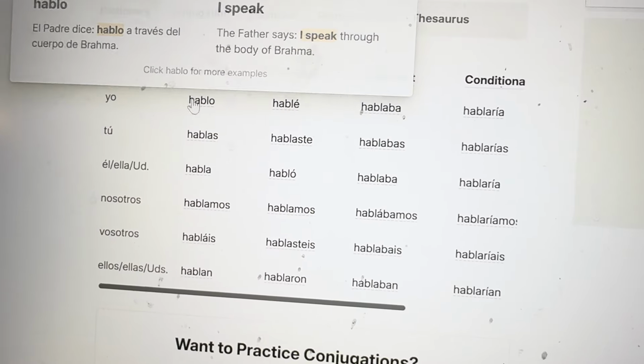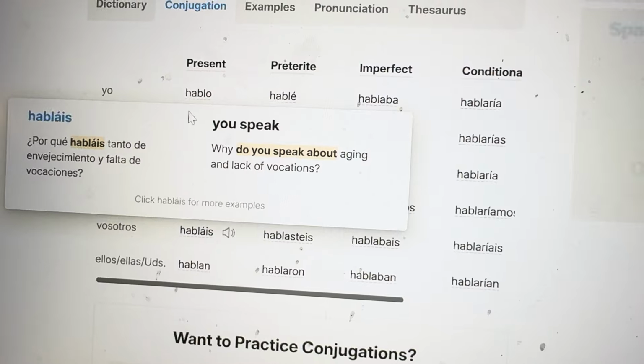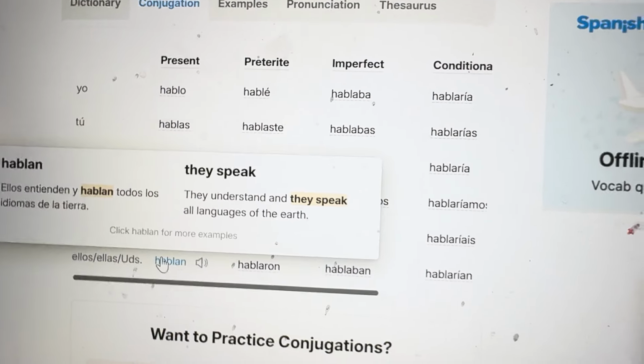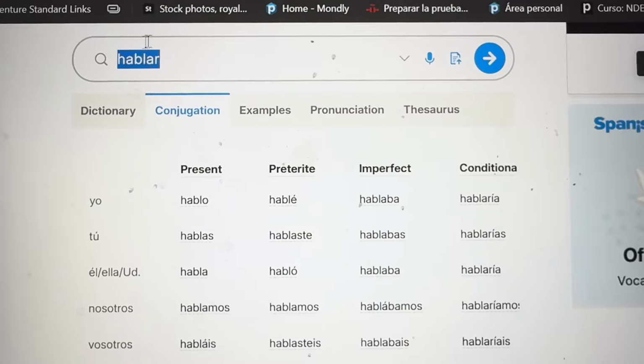Then for the present tense, as we're doing the present tense right now, you need to remember the conjugation. Now there's a certain trick to it. What you can do is,